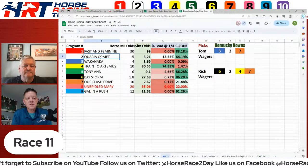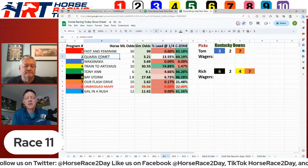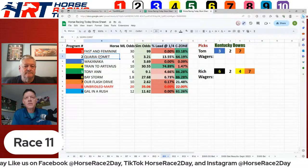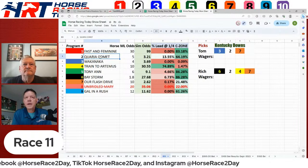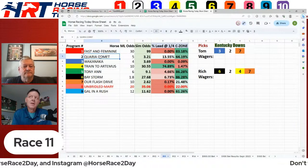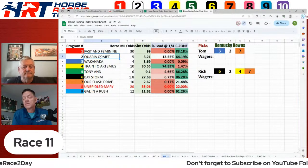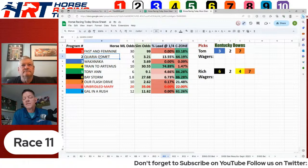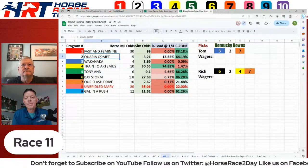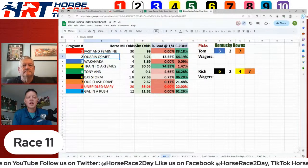Trained to Armistice, that 4 horse, going to be involved from the beginning of the race, as you can see on our pace, as well as our simulation. And this one should make a really strong mid-move in there, Tom, too. That's really kind of been its MO. So if it can get off to the front, maybe run modest fractions like we think based upon the race shape, and then take advantage of that real powerful mid-move it tends to make, it could open up a little bit of a gap to see if it has the legs to maybe ascend that final little hill,